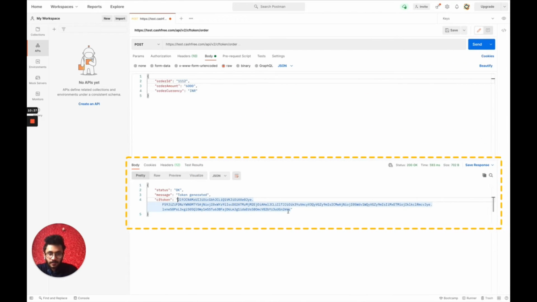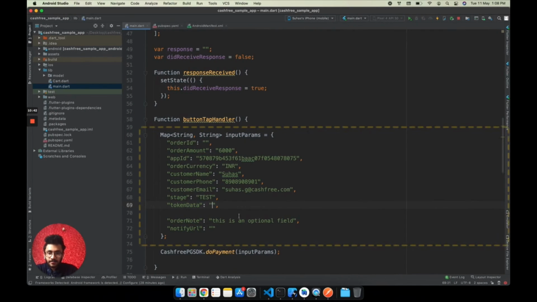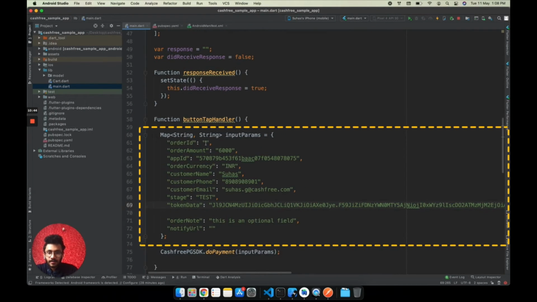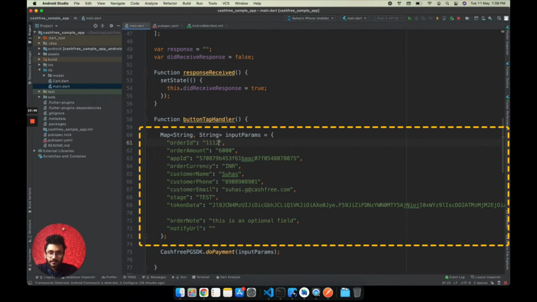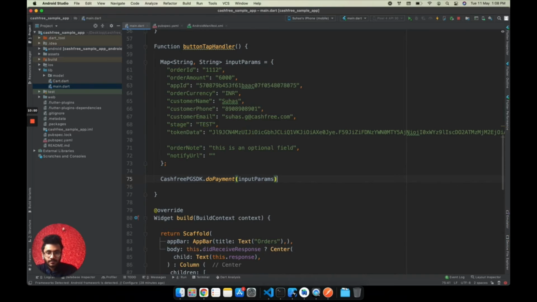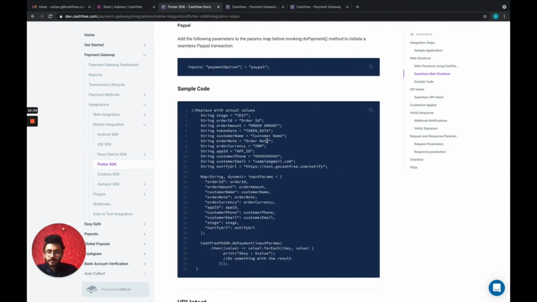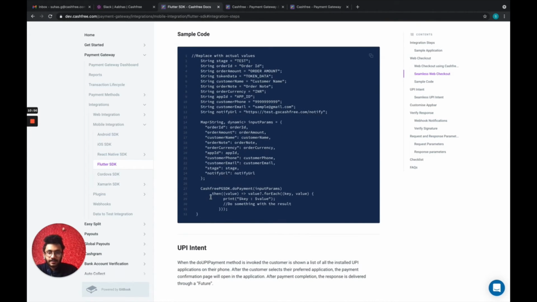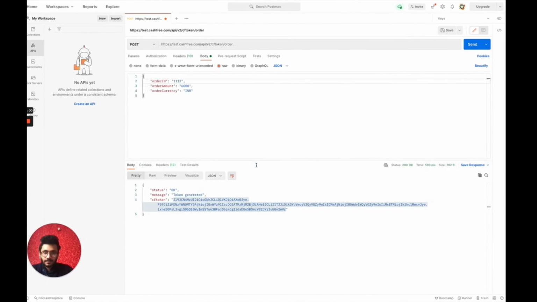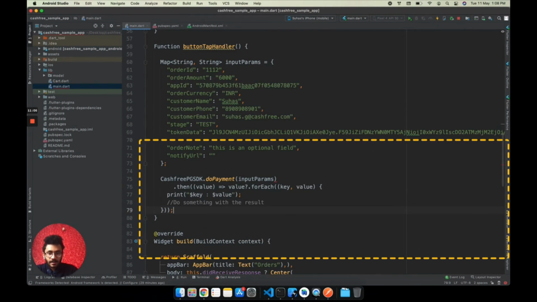Copy this and paste it here and make the order ID as. Let us also handle the response. So like I said earlier, since it's a future, we can handle it like this. We'll paste it here. And let us also print the result in a more readable manner.